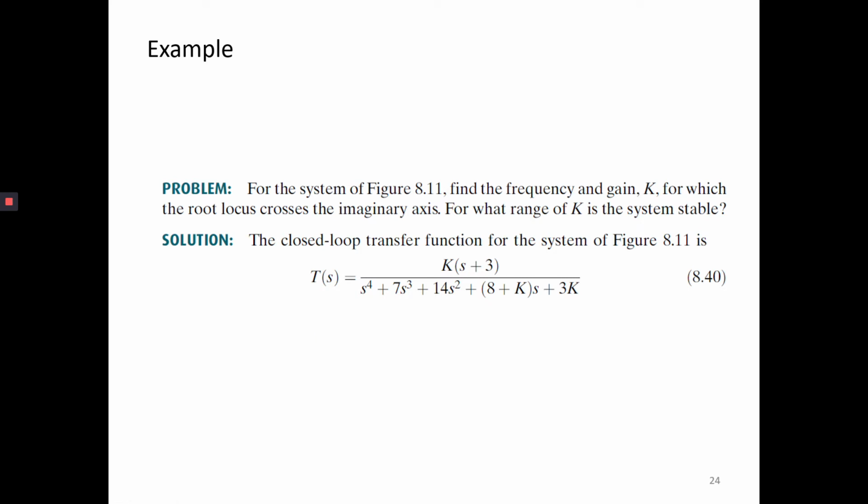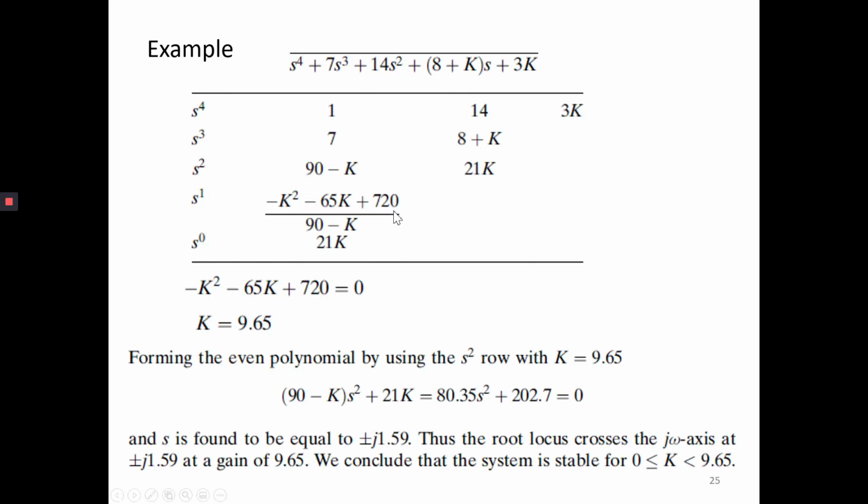So for this one, we have this closed-loop transfer function. Please remember that for the Routh-Hurwitz criterion, we need to use the closed-loop transfer function of the system. We take the denominator of the transfer function to construct the Routh table. So this is the denominator of the closed-loop transfer function. We construct the table